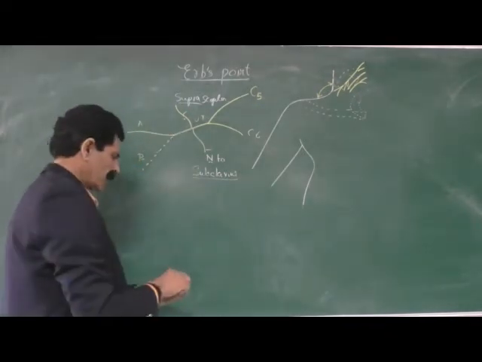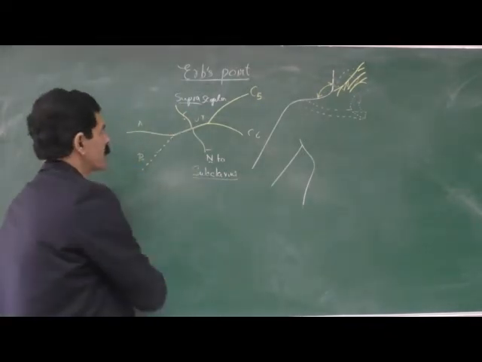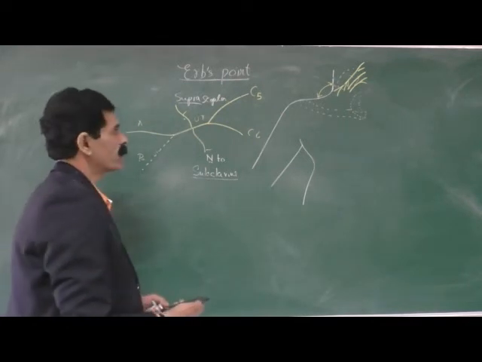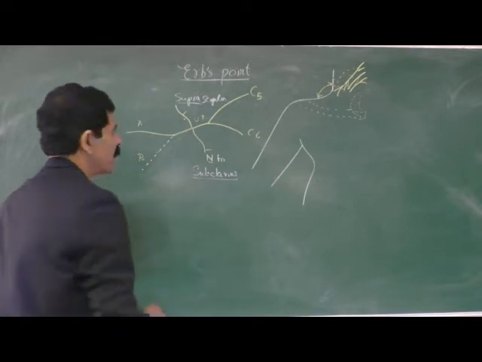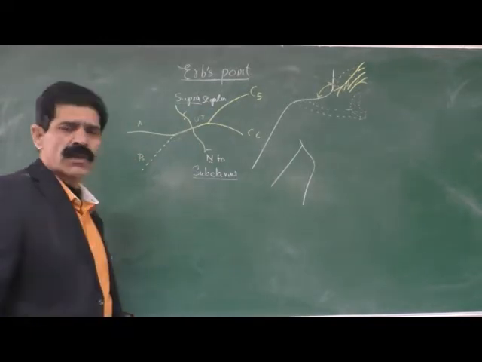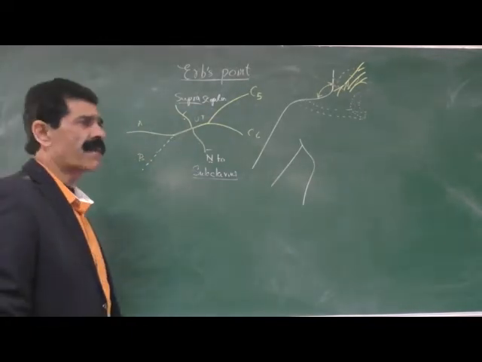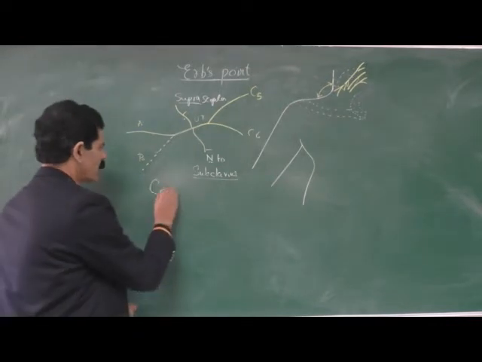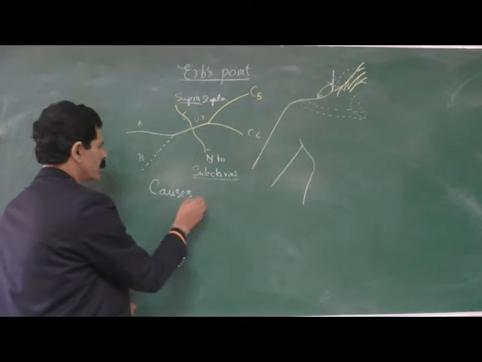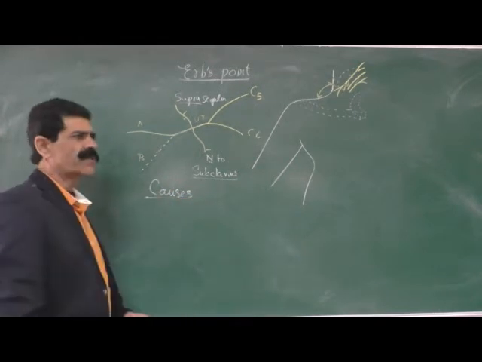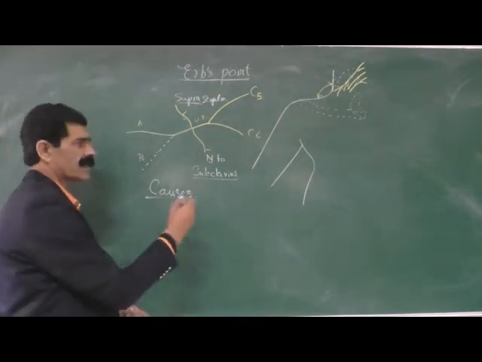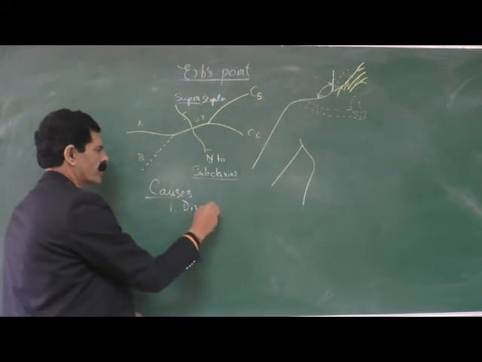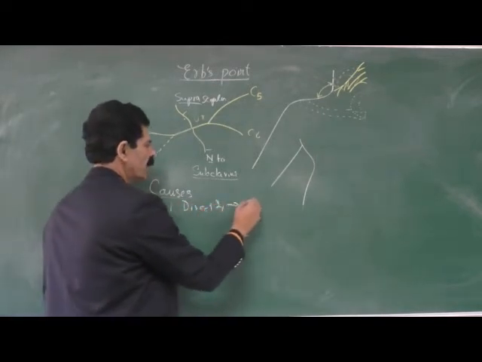So clinically, this Erb's point can be damaged, and this damage of the Erb's point leads to many problems for the person. So first we will discuss what are the causes of damage to the Erb's point. The first cause is direct injury. Direct injury means injury due to